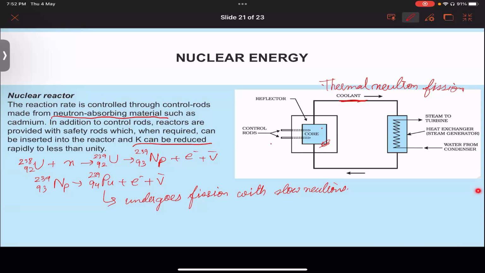The coolant then transfers the heat to a working fluid, which in turn produces steam, and this steam drives the turbines and generates electricity. So the coolant drives the heat out from the core and supplies it to the turbines, where steam is produced and the heat is exchanged, and electricity is generated. Once the heat is removed and converted into steam, the remaining water is condensed again and acts as the coolant. So this is a cyclic process.